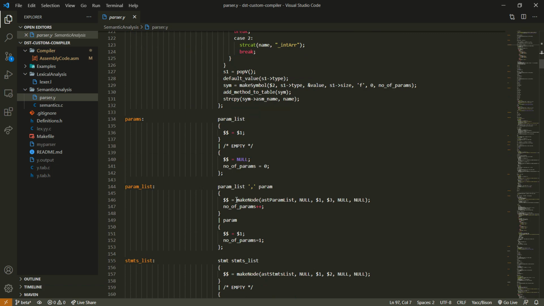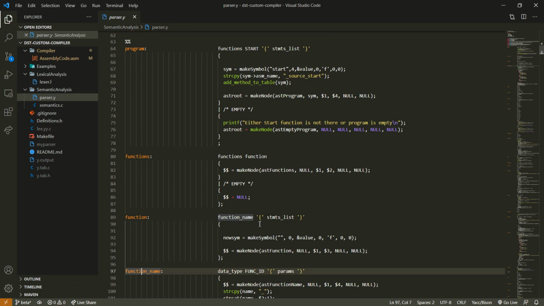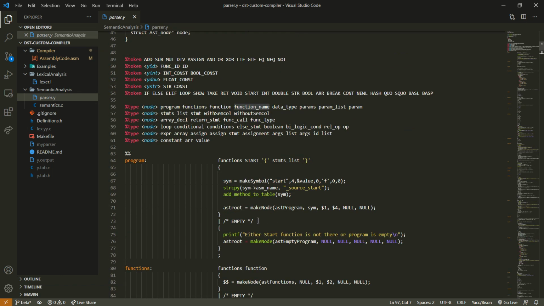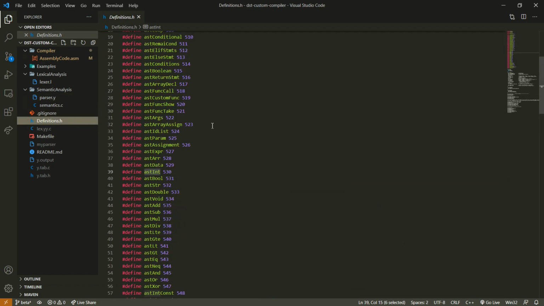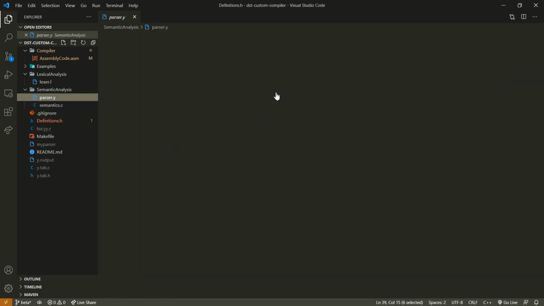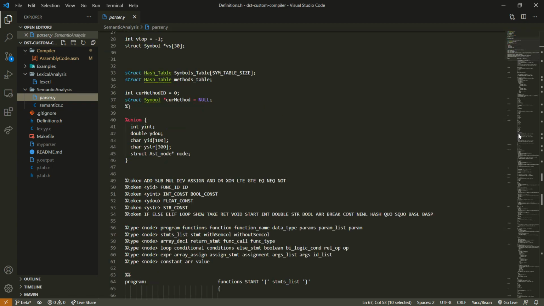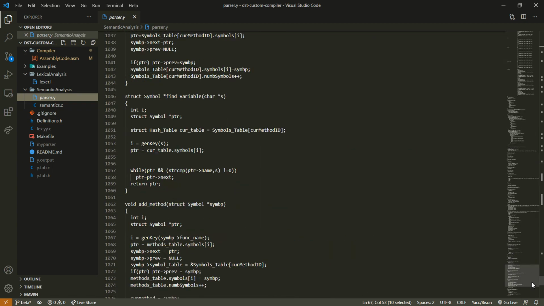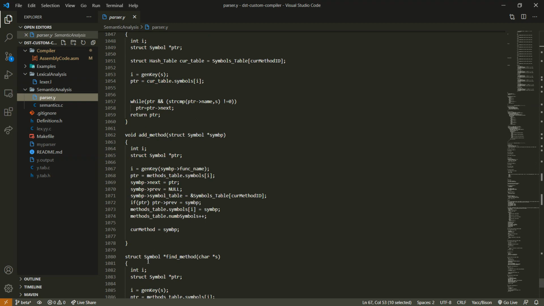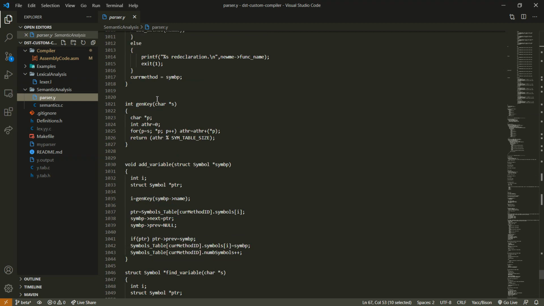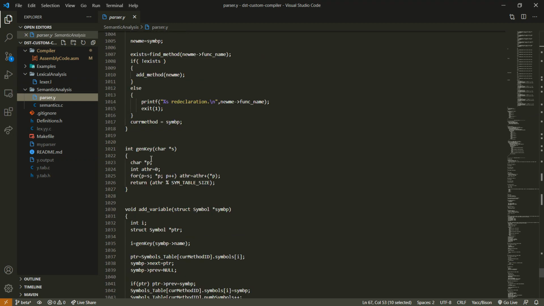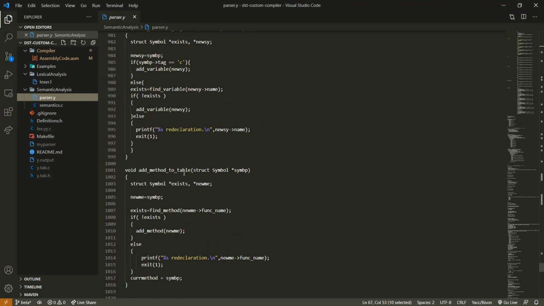Apart from that, we have also created a tree for it. Here we can see the make symbol option. All these functions we have defined in the prototype part of definitions.h, and the same functions we have also mentioned here in the lower section of the parser. For example, symbol star find method, add method, symbol star find variable, add variable, generate key, add method to table,